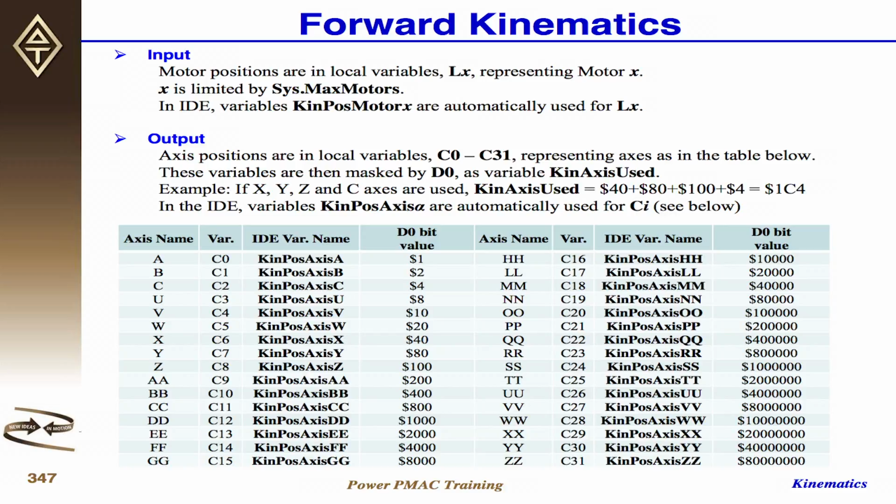You tell them, okay, these are the bits that you want in that 32-bit register. These are the bits that will be masked, and these are the axes you want to use. Okay, so in the IDE, the variable kin axis alpha is like X, Y, Z, or ABC you want to use, automatically assigned for the kin axis used that you have in here. Okay? So far, everything good? Okay, so